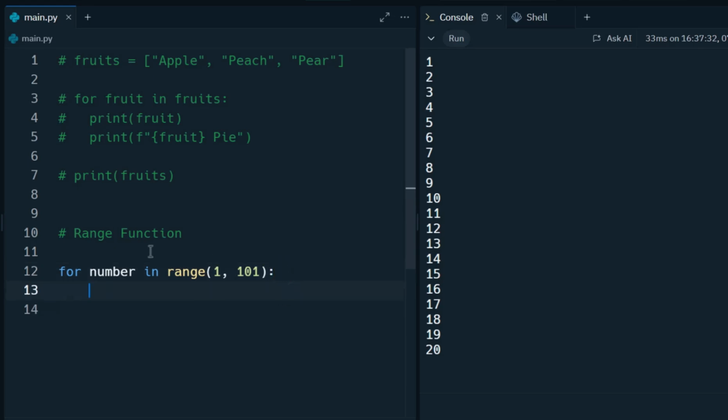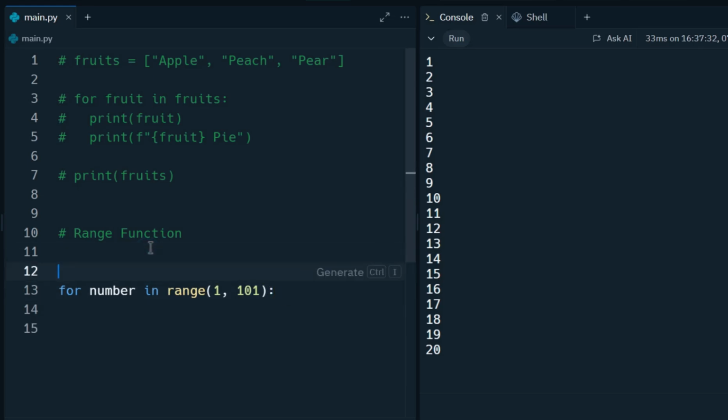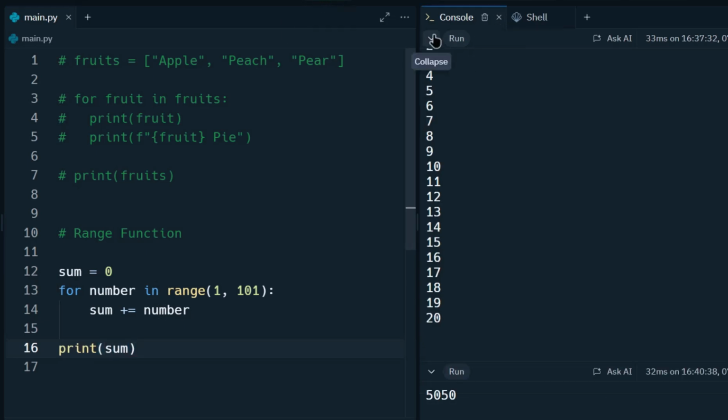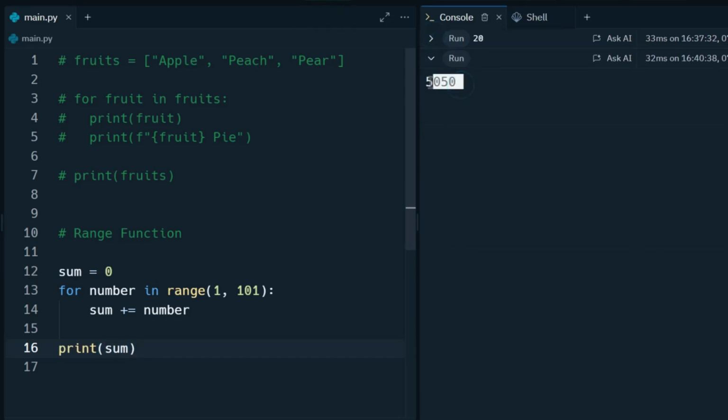And then after that, I will create a variable and just call it sum. I will set it to 0. Now what we can do is just add the number that we are currently at to sum, and at the end if I print out the sum variable and run my code, as you can see, it gave us the same